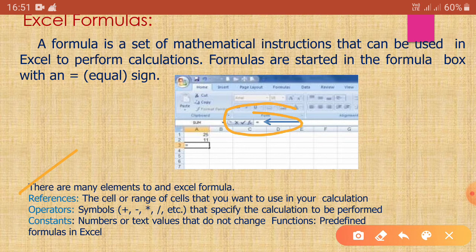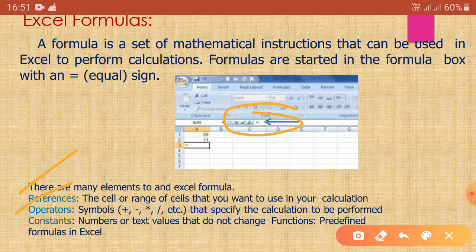Now there are many elements to an Excel formula. One is references. So what is a reference? The cell or range of cells that we want to use in our calculation is known as the references. Operators means symbols that specify the calculation to be performed. And then constants.